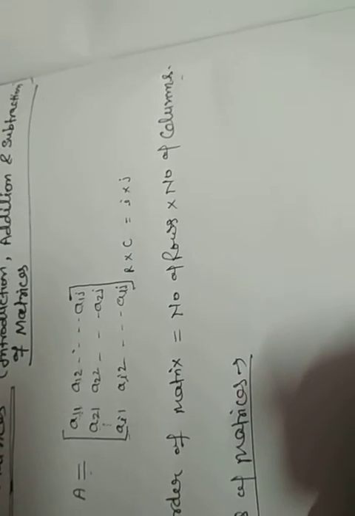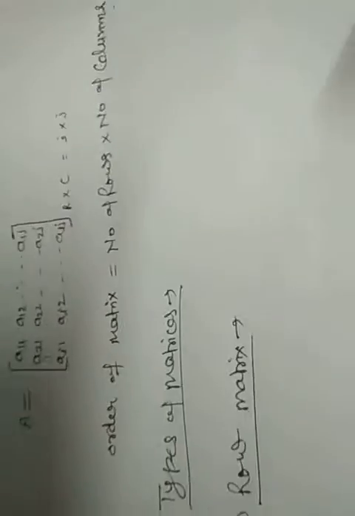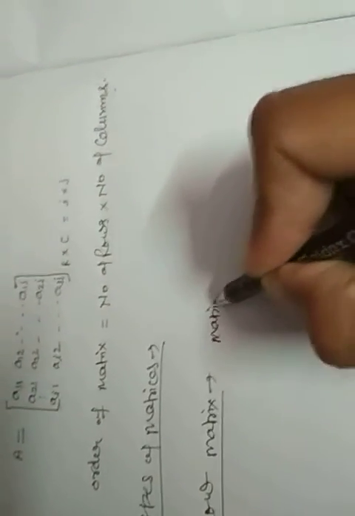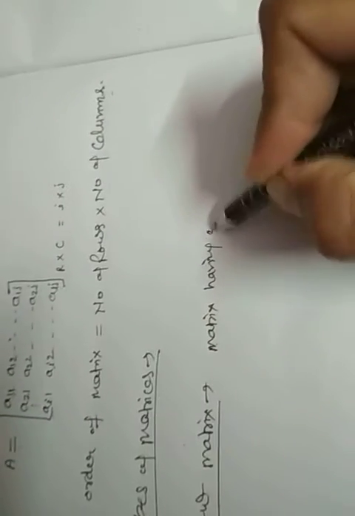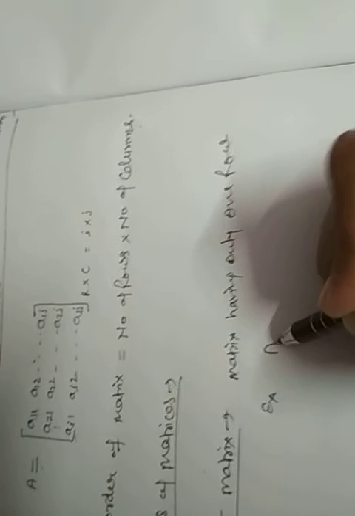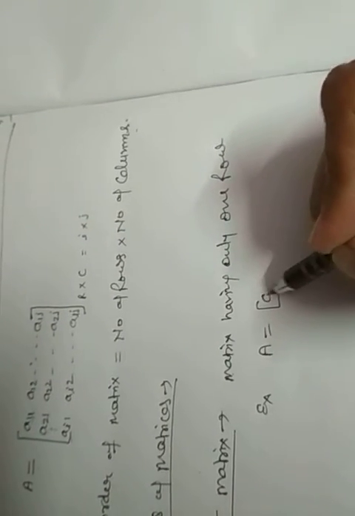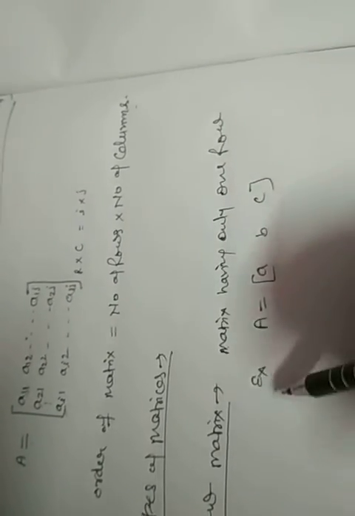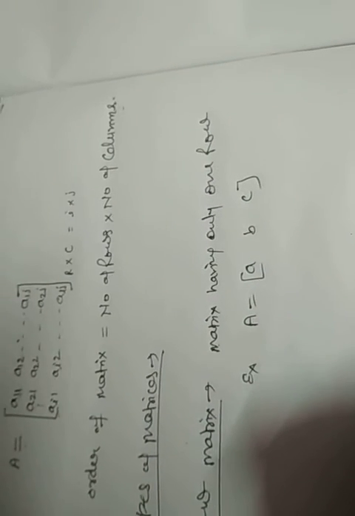See, row matrix. Row matrix is what? A matrix having only one row is the row matrix. There may be a number of columns, as we are taking an example. This is matrix A, which is A, B, C. So there is only one horizontal line, so that is only one row. There are 3 columns. There may be a number of columns, but when there is only one row, it is simply called a row matrix.